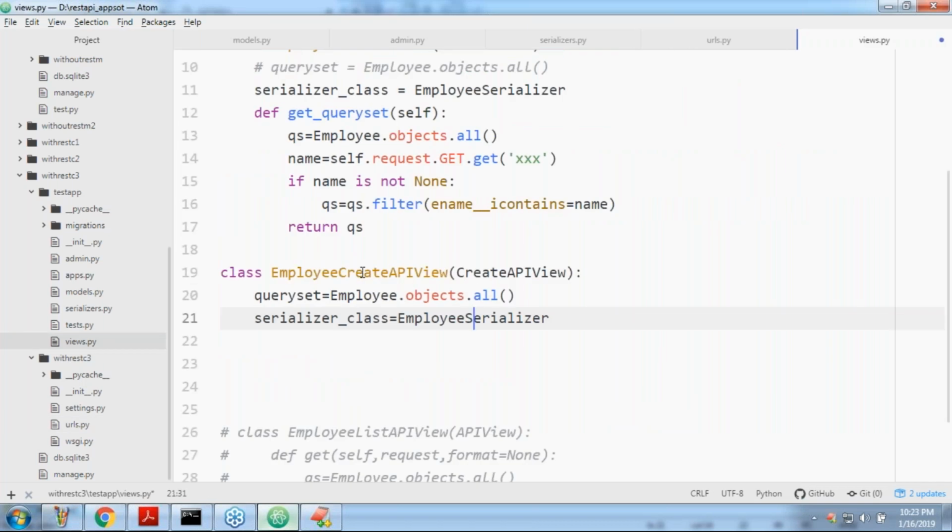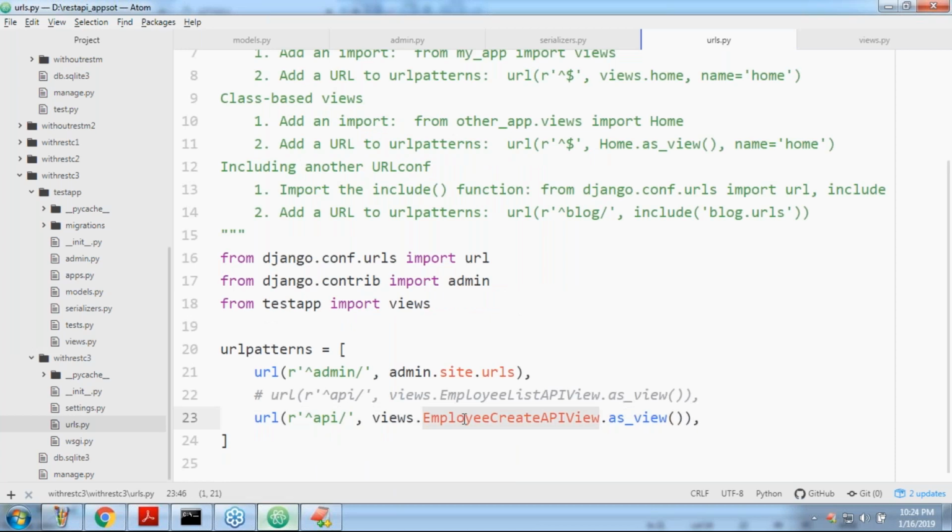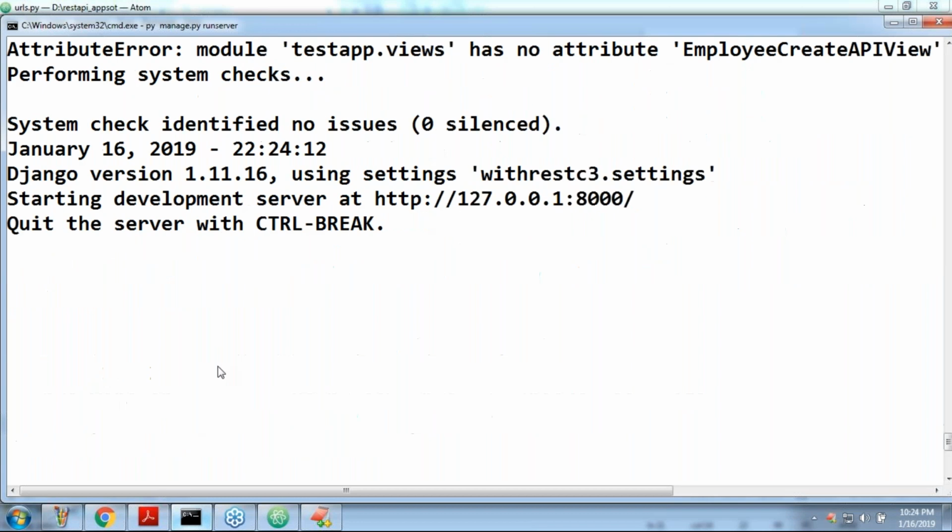Any spelling mistake? EmployeeCreateAPIView. The same, right? Already saved. Okay, well, let me send the request again.